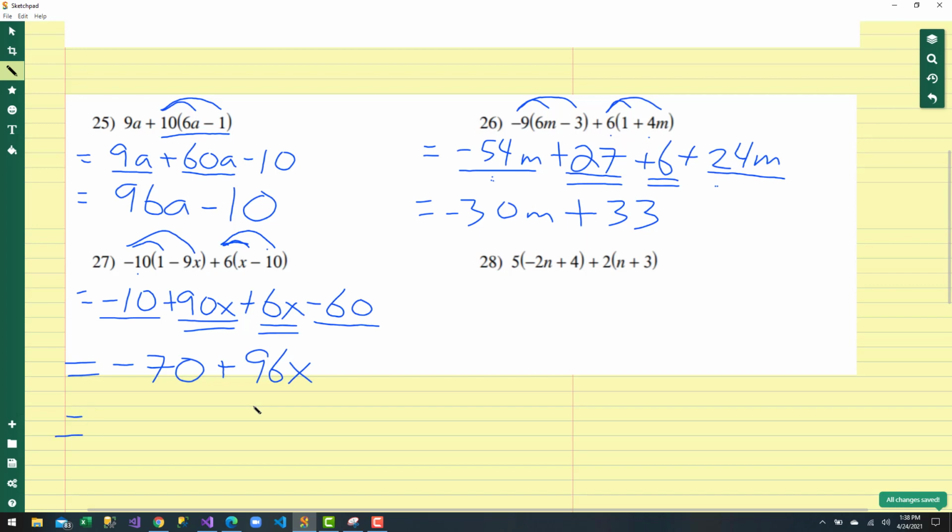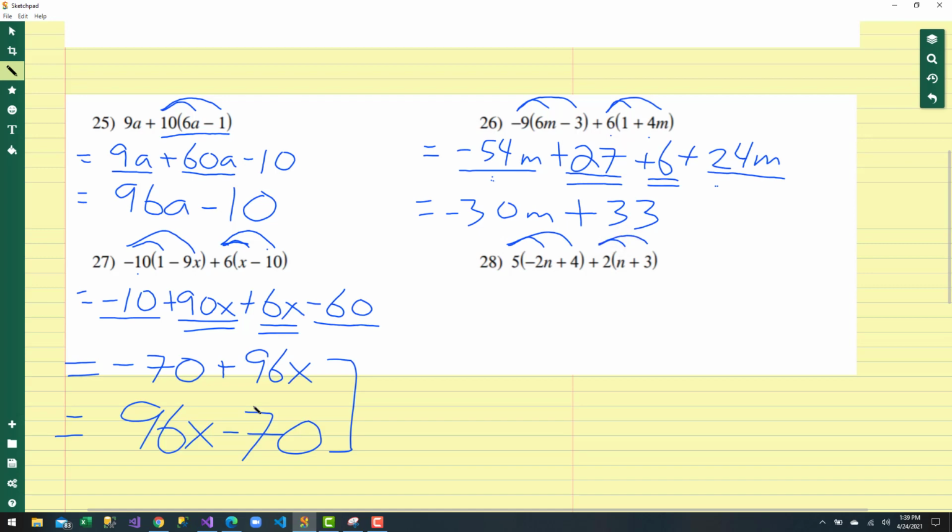Now, I want to show you something. You can leave your answer like this, or you can reverse it. You can say 96x minus 70. Okay? You can just swap these two. Remember, don't swap the signs, but swap the position. Both answers are correct. All right, our final problem here, we're going to, again, distribute the 5, and then distribute